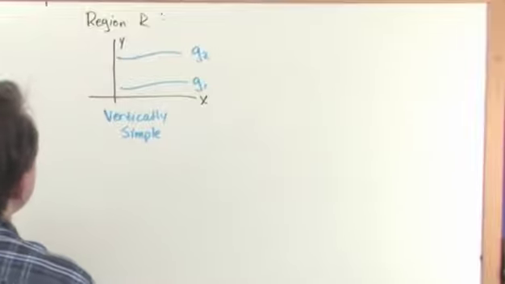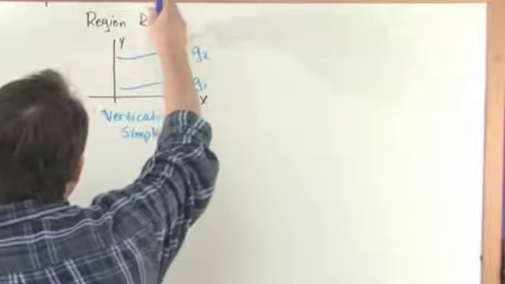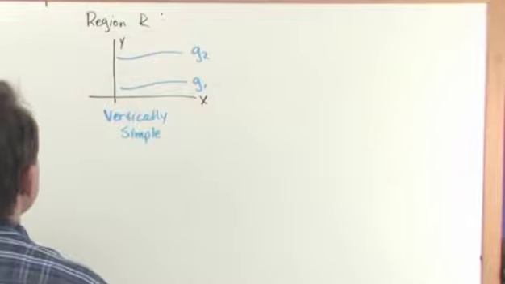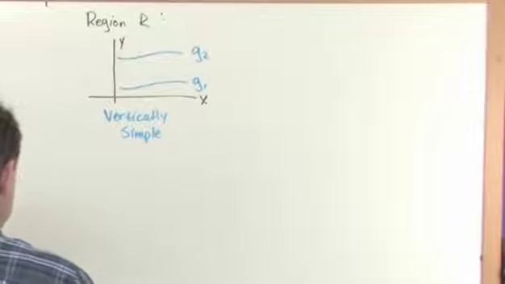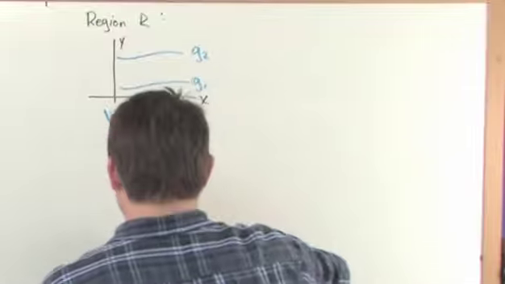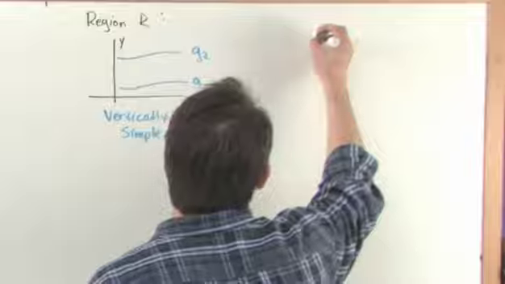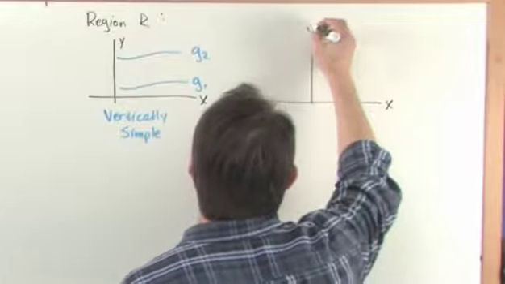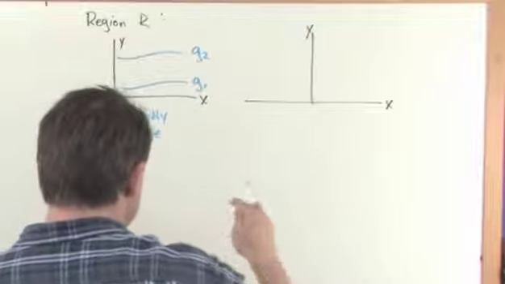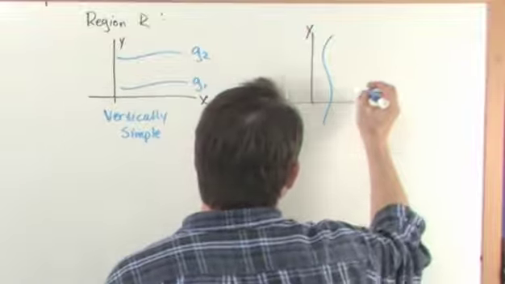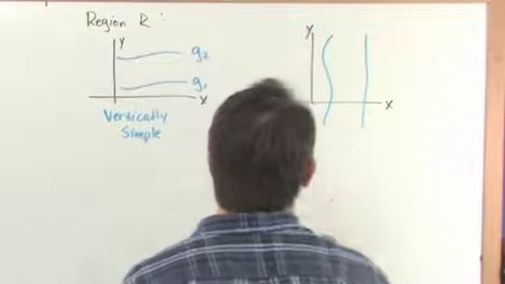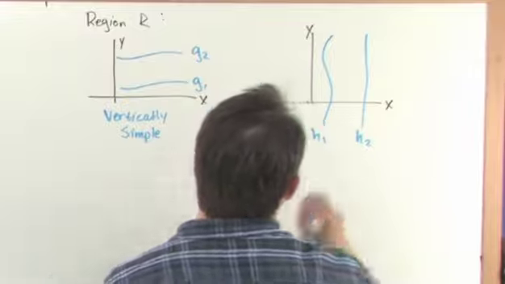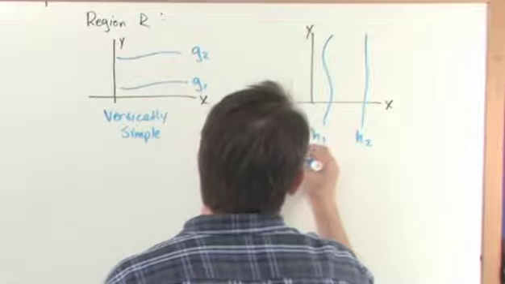They don't intersect like this, such that you can draw a line vertically and intersect this function once and then intersect this function once. That's called vertically simple, okay? If you have something that would look like this, it'll actually be called horizontally simple, and you'll see why it's important in a second. If you had a function that looked like this, and a function that looked like this, one would be called, let's say, h sub 1, and this would be called h sub 2, okay? This one is called horizontally simple,